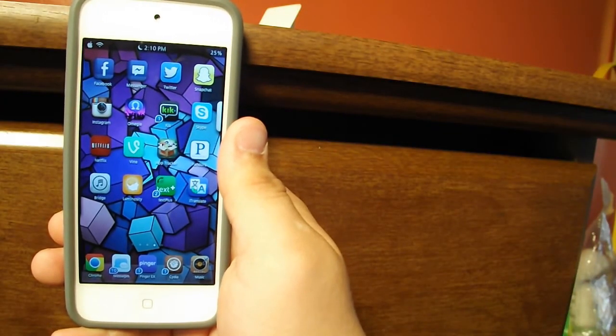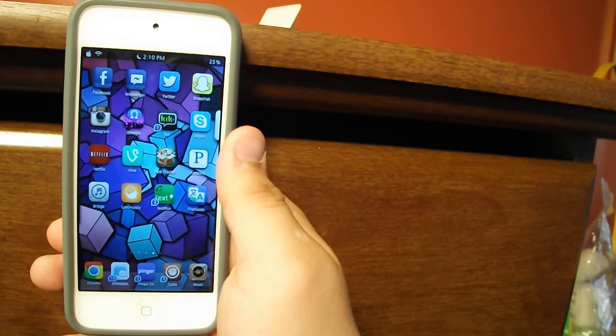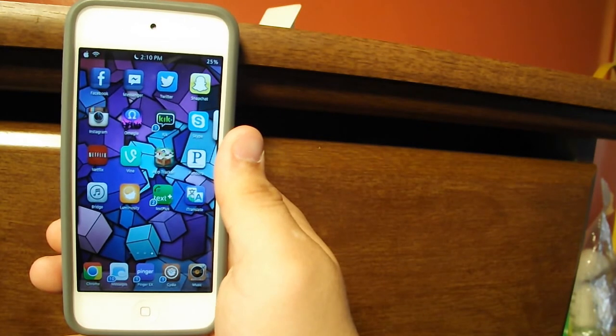Facebook and Facebook Messenger, Twitter, Snapchat, Instagram, Omegle, Kik, Skype, Netflix, Vine, App Tracker, Pandora, Luminosity, Text Plus, iTranslate,